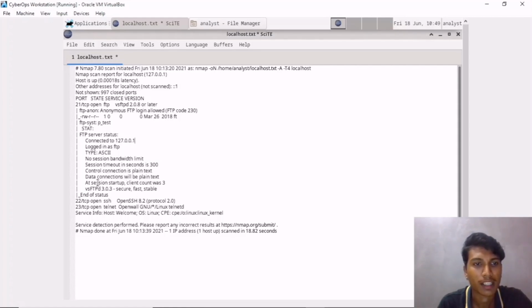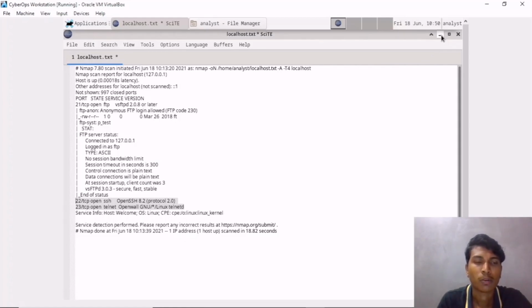The control connection is plain text, and the data connections will also be plain text. At session startup, the client count is 3. You can see the versions and its features: fast, secure, and stable. At the end status, you can see the ports it is connecting to. That's all for the local host.